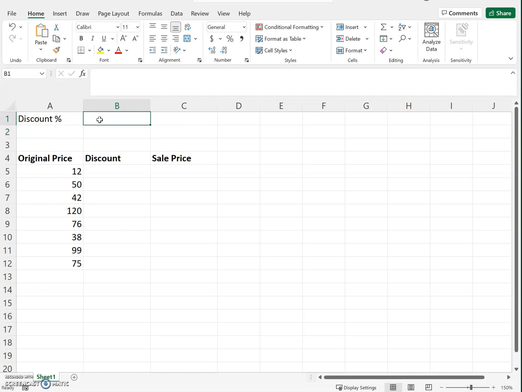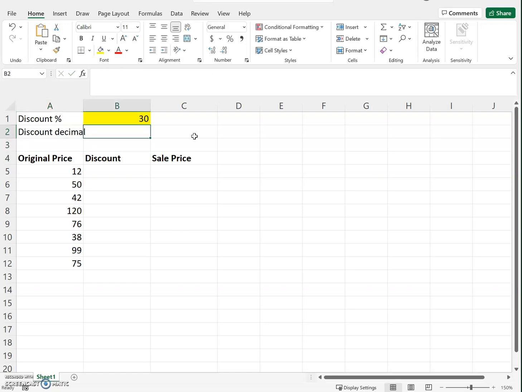So discount, let's say, I don't know, a store is running some sort of nice promotion where it's 30% off. And this is just asking me, hey, what's your discount percent? So I'm kind of filling in this. So this is going to be some reference that I'm making. So for starters, this thing is given as a percentage. I probably want to be careful when I'm calculating these different things. We're going to do this a few times in the course. So we may want to think about this as discount as a decimal,